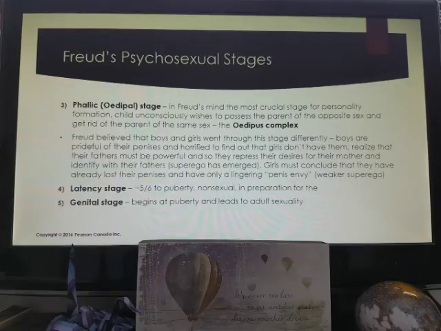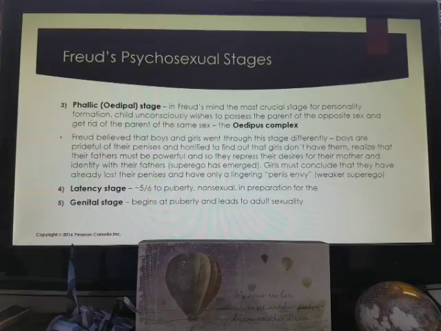So they have to think in their mind, well, why would she not have a penis? Keep in mind, as Freud is saying, this is the point at which the male child would want to possess the mother and be rid of the father or be in conflict with the father. But once he sees that the girl does not have a penis, he says, oh my goodness, that must be because her father is very powerful and he's cut it off. Through that realization, and the assumption that their powerful father must have cut it off, they learn to respect the father and repress the desires that they have for their mothers.